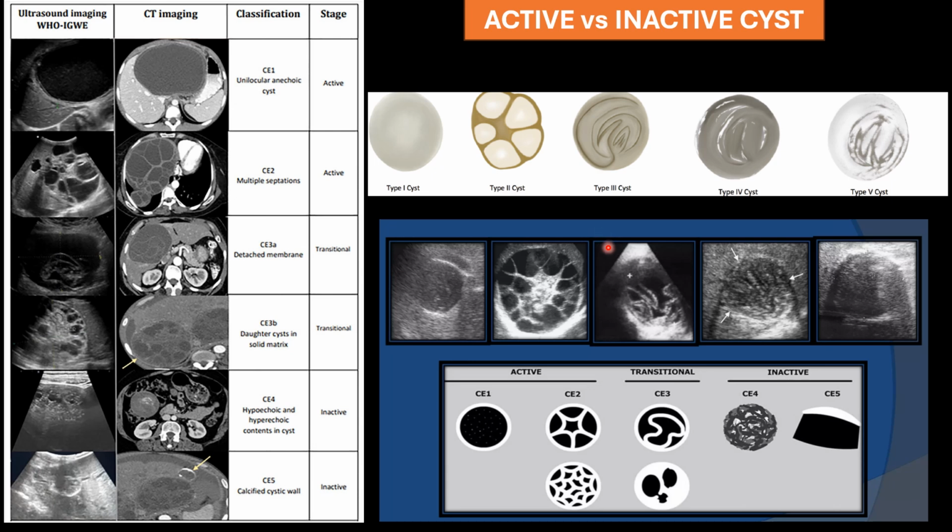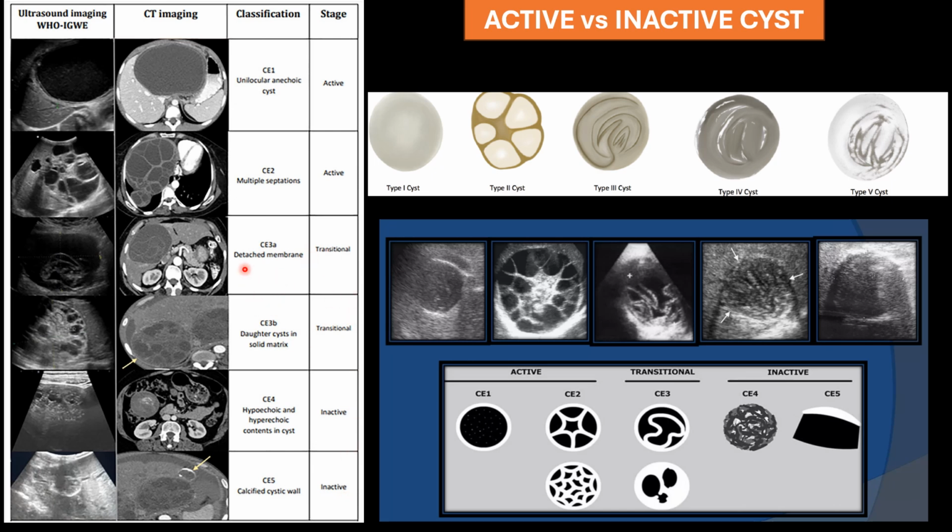So, in clinical practice as well as in exam, the important thing that they ask is whether the cyst is active or not. So, active, we are going to give treatment. Inactive, we are not going to do anything much actually. Active cysts are type 1 and type 2 cysts, in which it will be a simple cyst or it can be a honeycomb kind of an appearance. Right from the presence of membranes to snowstorm kind of appearance to complete calcification, everything comes under either inactive cyst